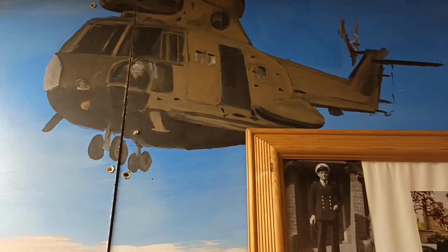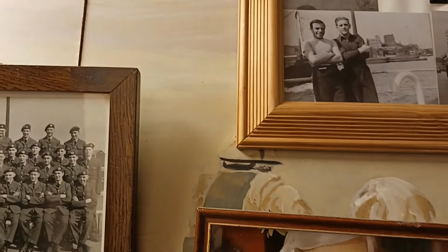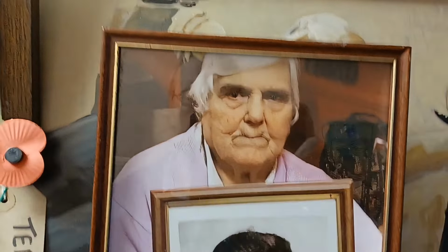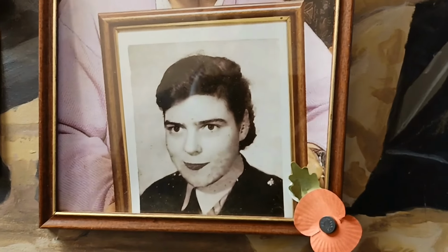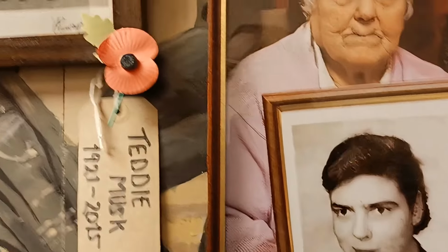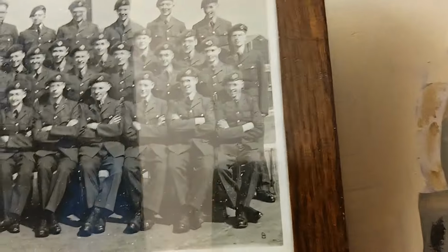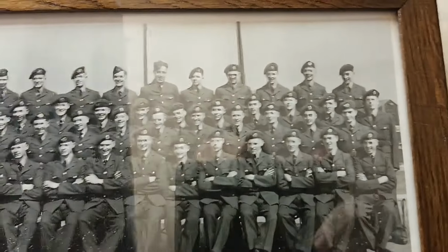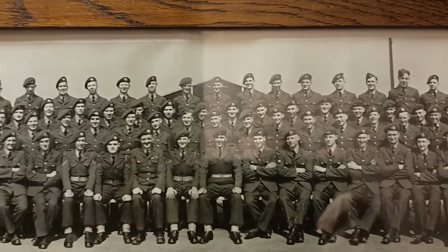It's a nice touch that they've got in the cafe. People ask and donate pictures to go up on here in memory of their service. And as you can see, there's an awful lot of people were killed during the war, and it is nice to remember them. They were heroes, and the people who weren't killed, well, they went on to have good lives